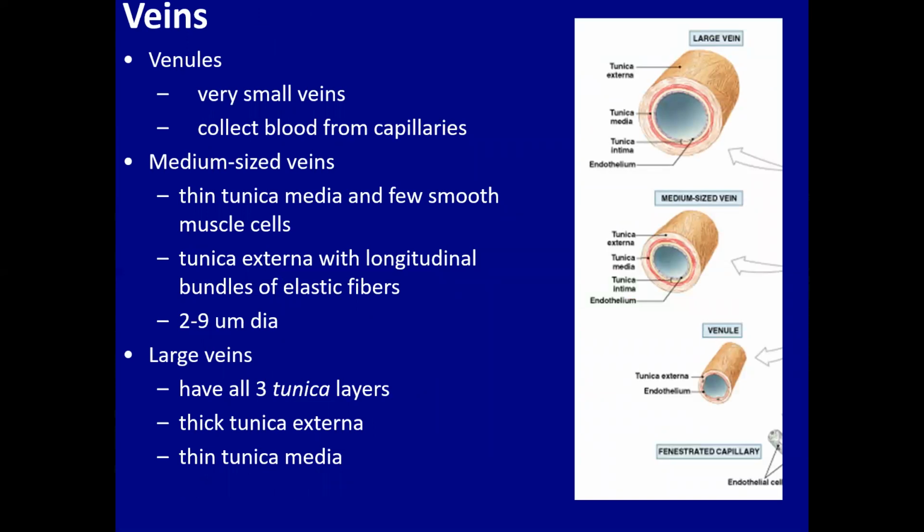With your veins, you have venules that are very small veins, which are connected to the capillaries. You have medium-sized veins that are the next larger veins. They have a very thin tunica media and a few muscle cells. They're small. They can be 2 to 9 micrometers in diameter, right? So, I mean, we're looking at something that's really, really small. And then those large veins are going to have 3 layers. They have a thick tunica externa. So you can see that in this image up here where you have a thick tunica externa, the tunica media, and then